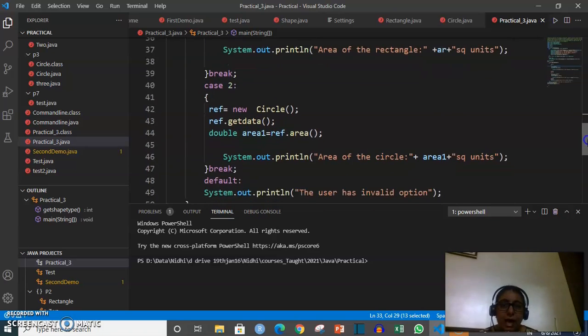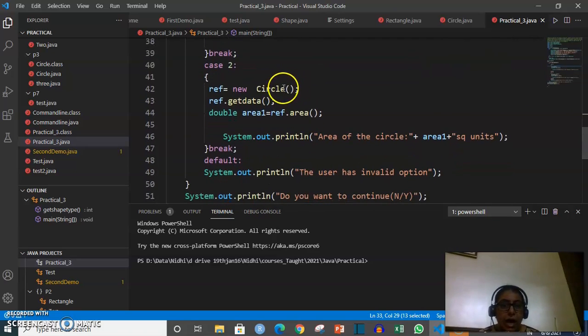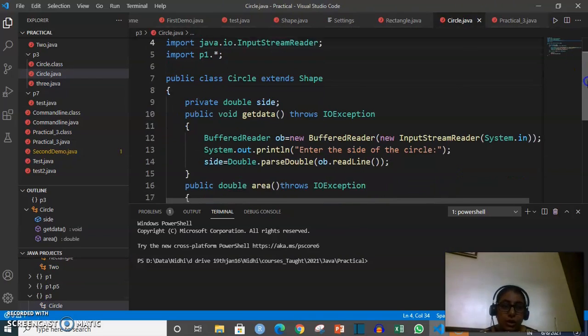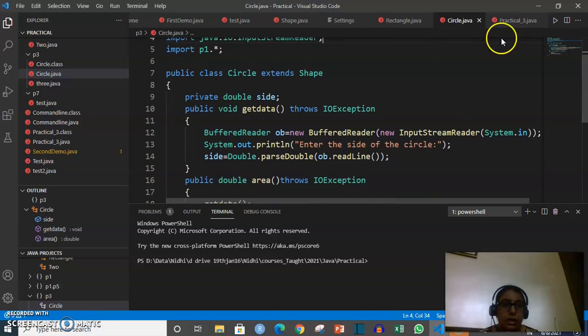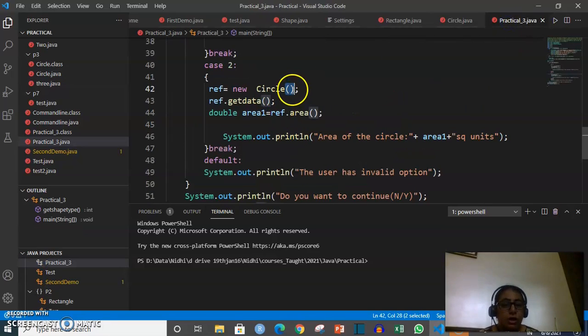The same thing is happening with circle. I have invoked circle with empty bracket, and I can see in my circle class that there is no constructor explicitly. So that means I have to rely on default constructor. So this is the reason in reference I am putting this circle object with empty bracket.